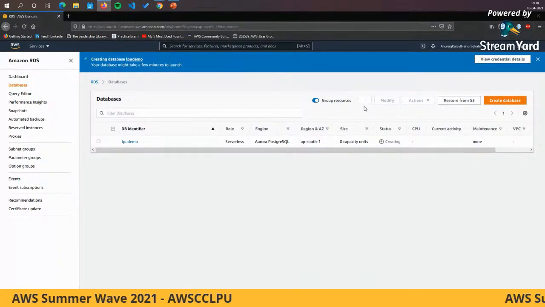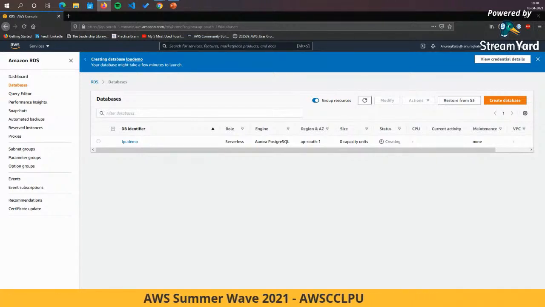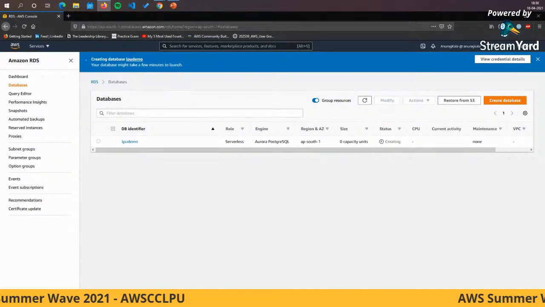So that's about it for the serverless databases that we have to cover today. I know we have touched base on a couple of important topics, but this is a base that I wanted to give you so that you can go ahead and explore the world of serverless databases.